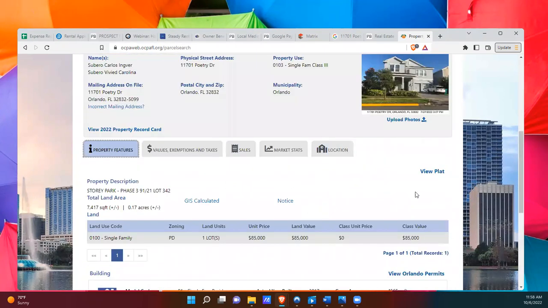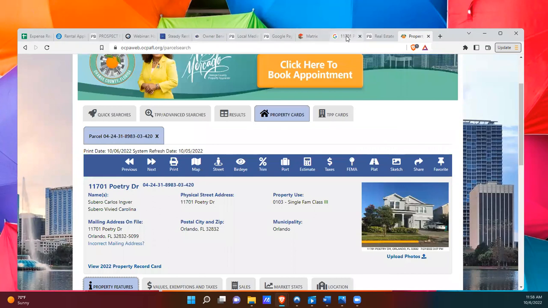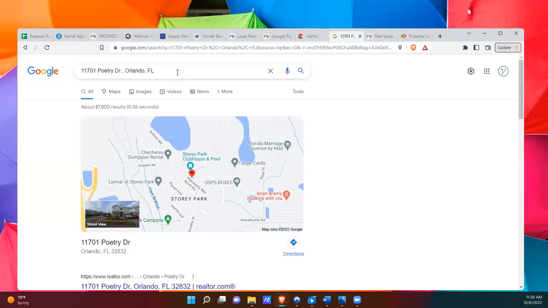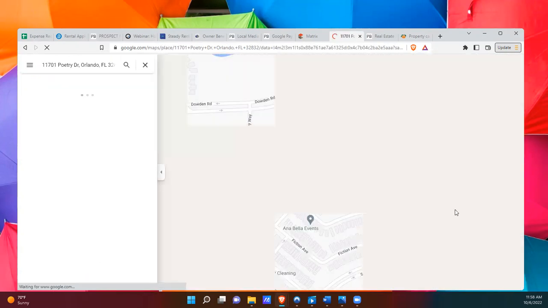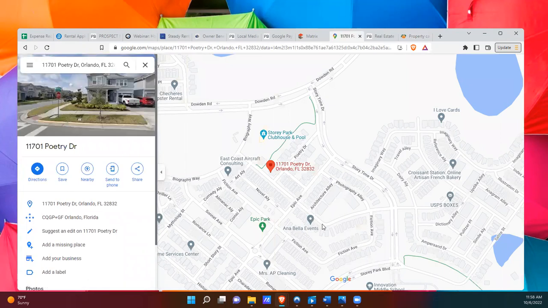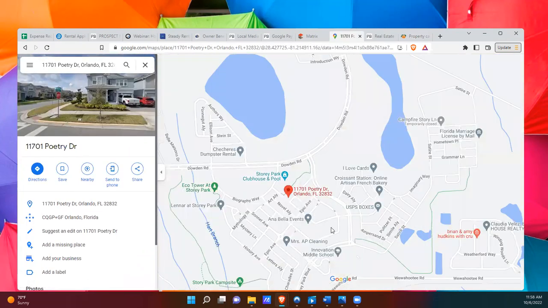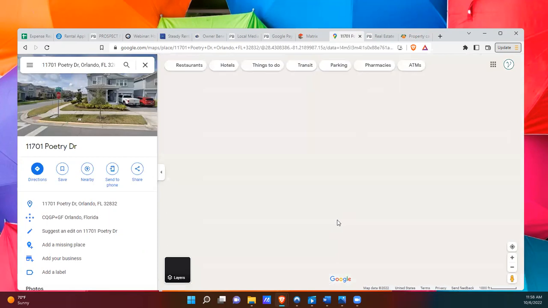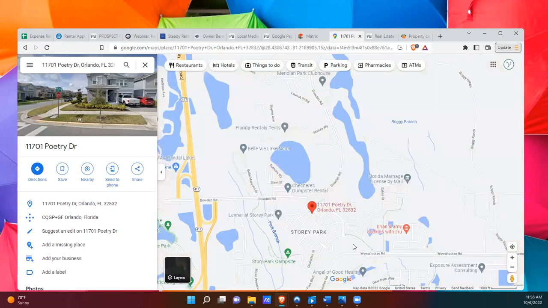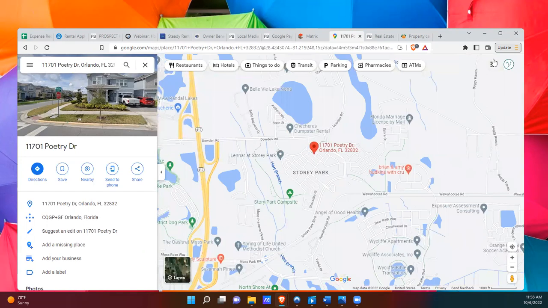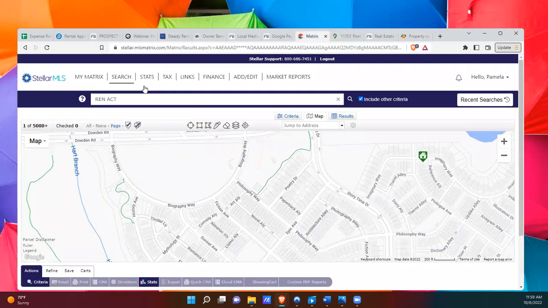That's that. So once you have that information, I go ahead and map the property in Google. So I've already pulled that up here. So I've just typed into Google the address of the property, and then I'm able to map it. I like to use, if at all possible, only the neighborhood that the property is located in. So what I do is I go ahead and compare where it's at in Google with where it's located in the MLS. So now I usually just put these two together side by side and go ahead and open the